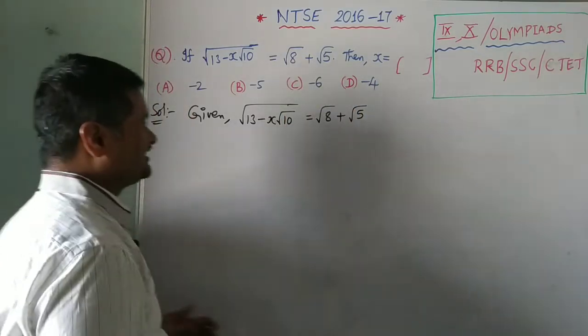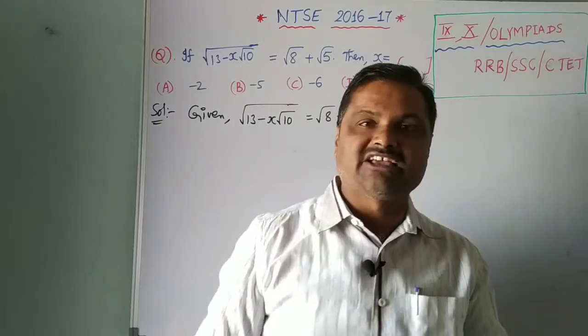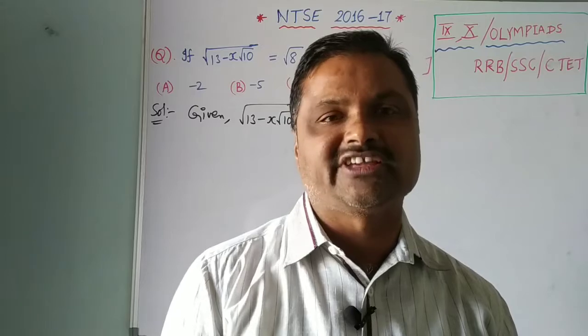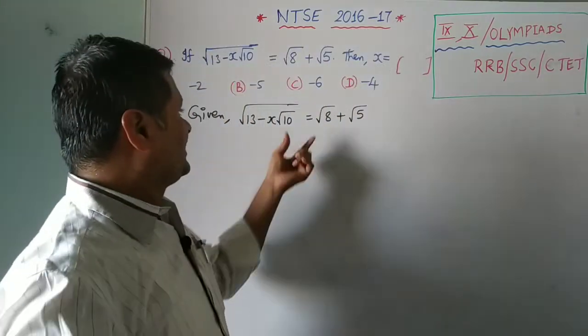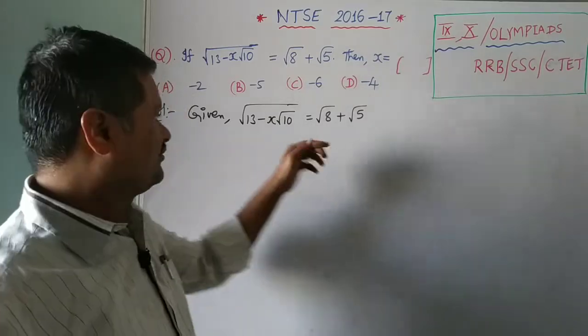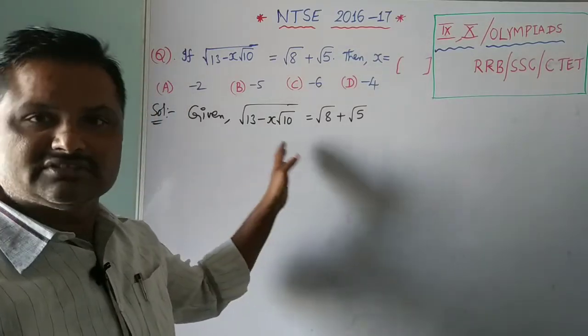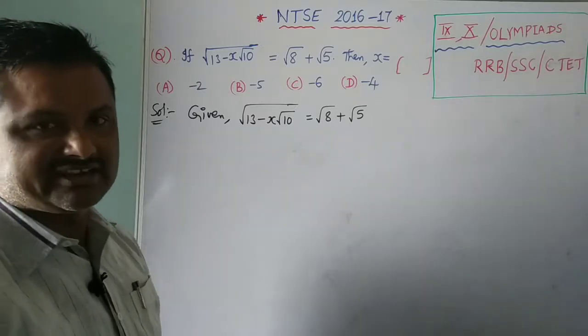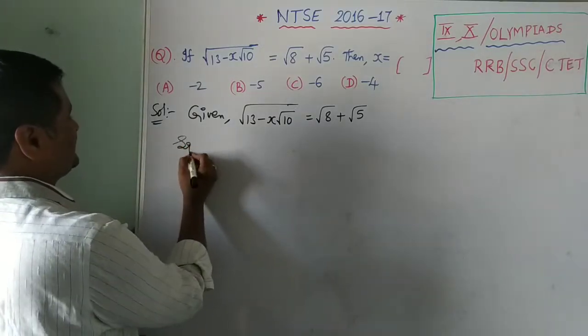So how to proceed with this type of problems? Please, non-math students also go through it very carefully. In the easiest method I am going to explain. Under these circumstances we have to determine the x value. It is under the root. So whenever the variable is under the root, we have to do squaring on both sides. So squaring on both sides,